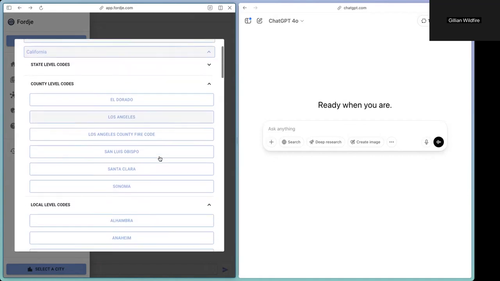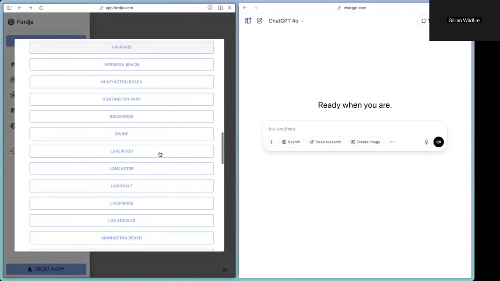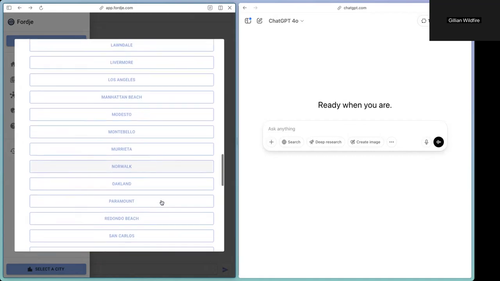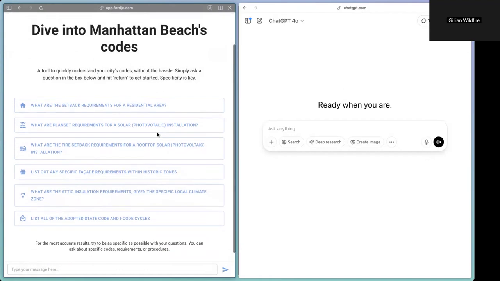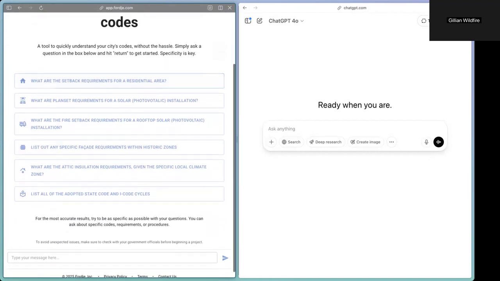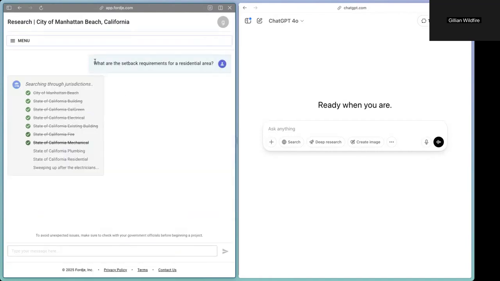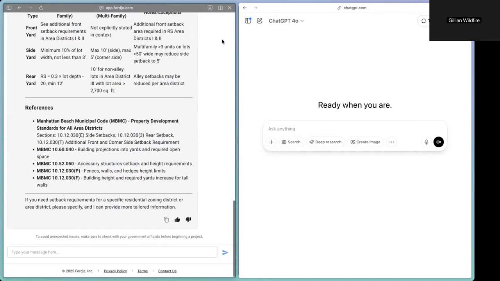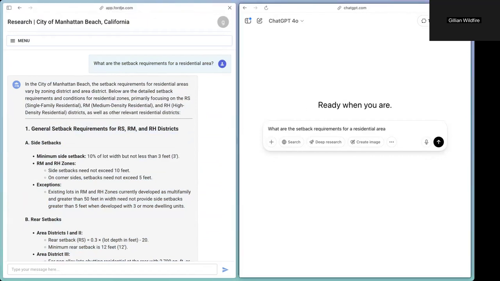So I am going to go through and pick a city. I will go with Manhattan Beach today. And I will say, all right, let's just go with this first preset question. Of course, in the future, I'll ask other questions. But what are the setback requirements for residential area? Whoop, that was quick. I am going to quickly grab this question and add it in here